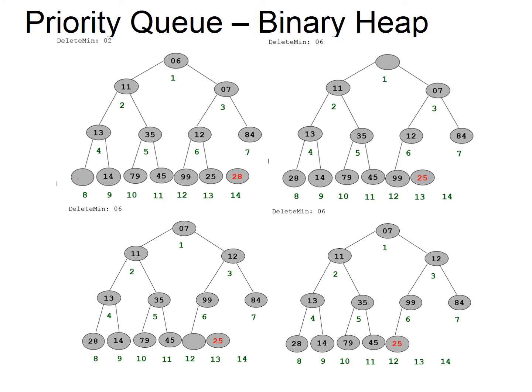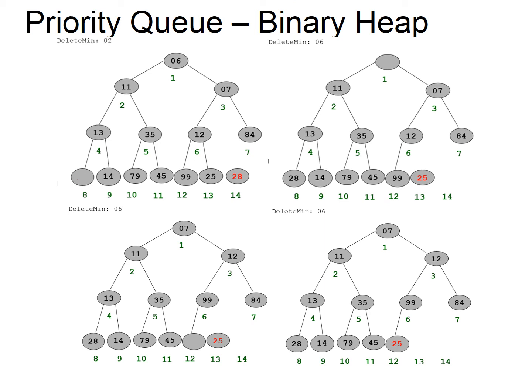So what happens is, after the 7th node, the next node that was created is the 8th node. So the value from the 8th node will go to the 7th node. So from the 8th node, 84 has gone to the 7th node, and the place for 28 will be occupied in the 8th node. So you can see in the next diagram 28 has come to the 8th position. Now in the next diagram, if I again perform delete minimum, 6 will be deleted from the root node, and the structure for the 13th node will be removed.